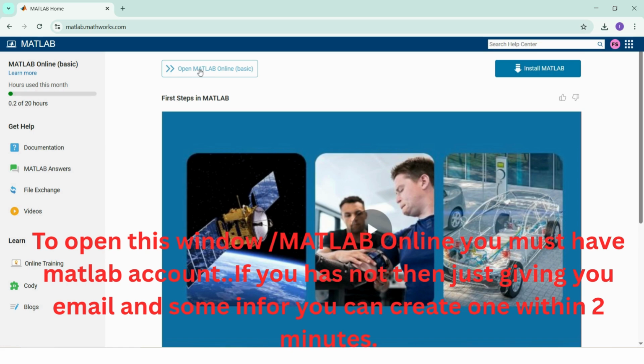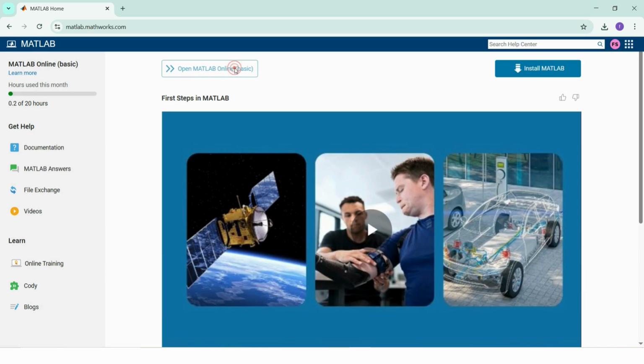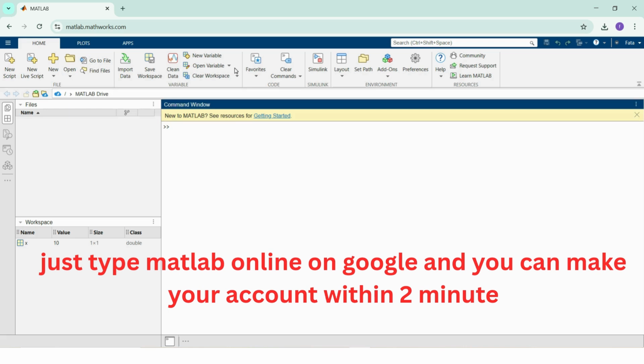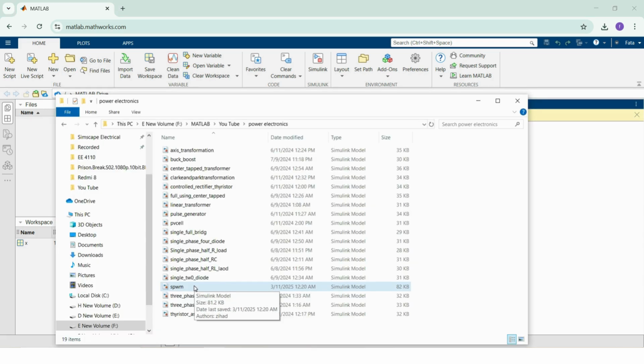and click on open MATLAB Online Basic. This is the home tab of MATLAB Online. Here I have a Simulink model, SPWM, which is made on MATLAB 2023B. And if you want to run this on MATLAB 2019, for that you have to just drag this here